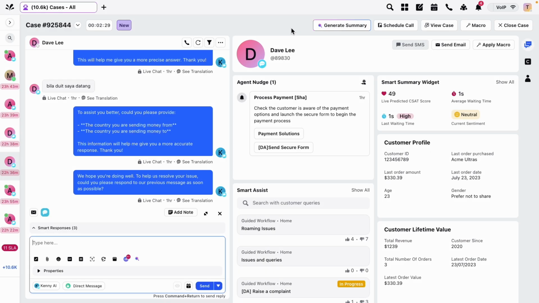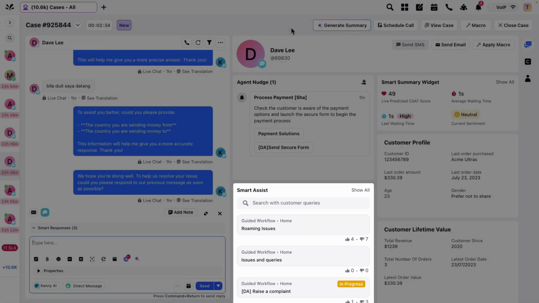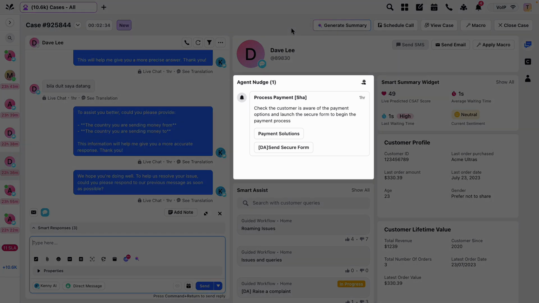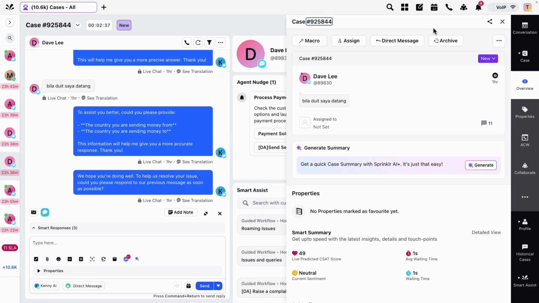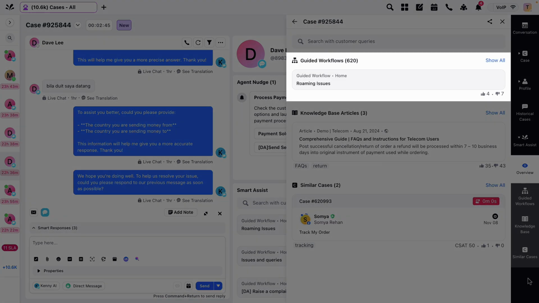Agent-facing guided workflows can be triggered from the Care console in a number of ways, either using the Smart Assist widget or the Agent Nudge widget. It's also possible to embed guided workflows as buttons at the top of this window. Additionally, guided workflows can be triggered using the Guided Workflow widget or manually via the third pane in the Care